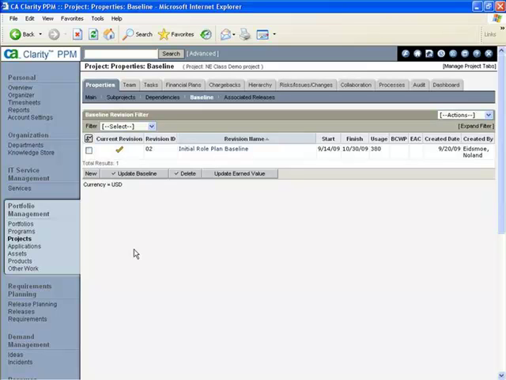I think that it's better to baseline more often than not baseline at all, because if you don't baseline, you miss the opportunity once you've gone by it. If this is a snapshot at a point in time, it can be used for no other reasons than just comparing changes that have occurred in your plan from the point in time of the initial role plan, all the roles with resource